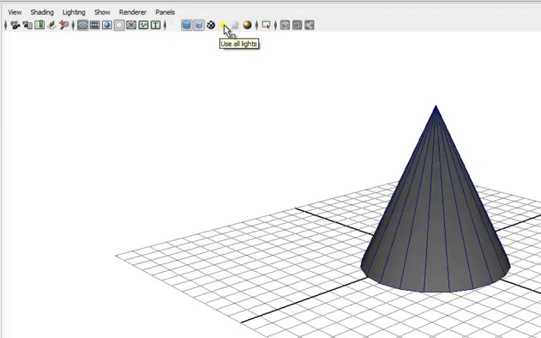Next one is shadows. Shadows is kind of an interesting thing. If you've been around 3D for a long time, you'll know that shadows are really hard to pull off, especially in real time. So to be able to do this on the fly in a preview is a pretty big deal. Now there are lots of other buttons here, and eventually we'll get to most, if not all of them. But we're going to just take them a few at a time here,